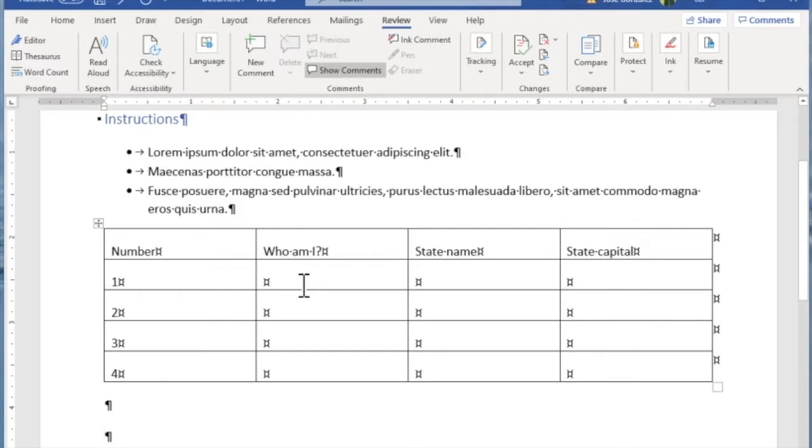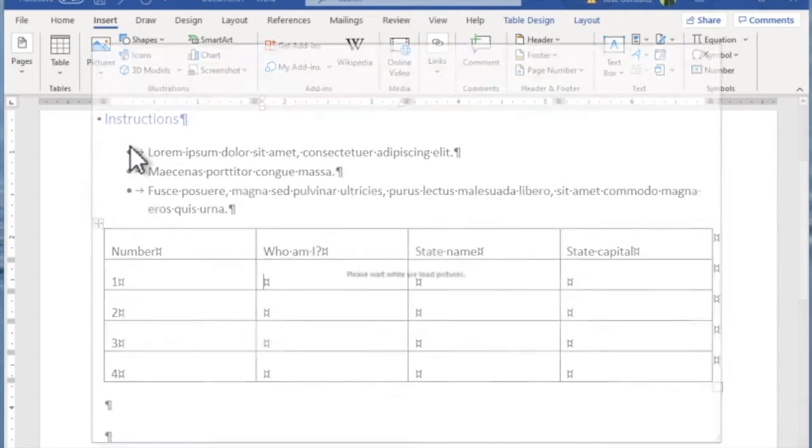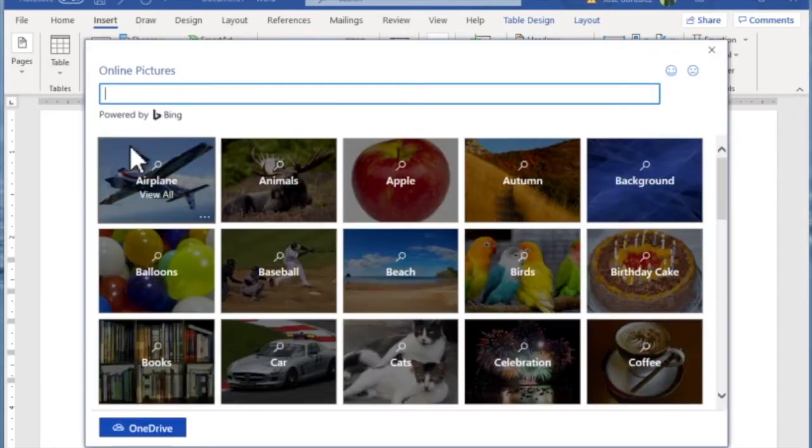I'm going to click inside the cell, and I'm going to insert a map. To do that, I go to Insert, and we're going to use Pictures and Pictures Online. And I'm going to search for a map. And you can choose any 4 states you want. I'm going to start with the state of Maryland. So I entered Maryland map clip art, and I'm just going to search online for something that meets